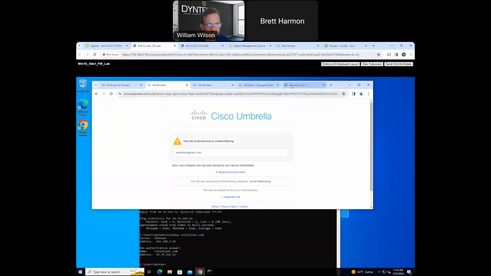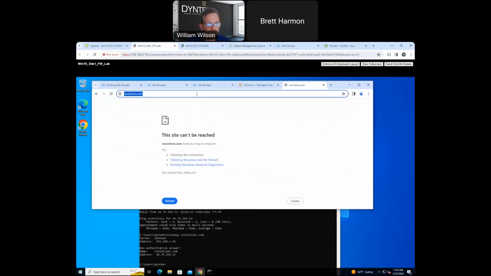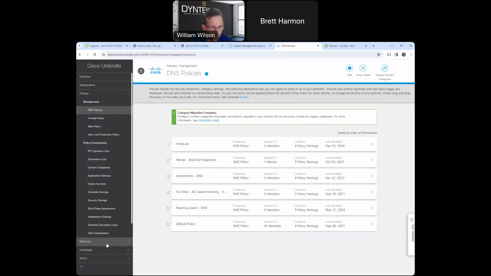The other thing I blocked is I looked up the IP address for rsolutions.com, and I created a network firewall rule that blocked this at the layer 4 firewall rule on Umbrella. So this was something that I have in my PBR that's being sent over to the Secure Internet Gateway and is getting blocked. If we want to actually take a look at this in our reporting now, we can see